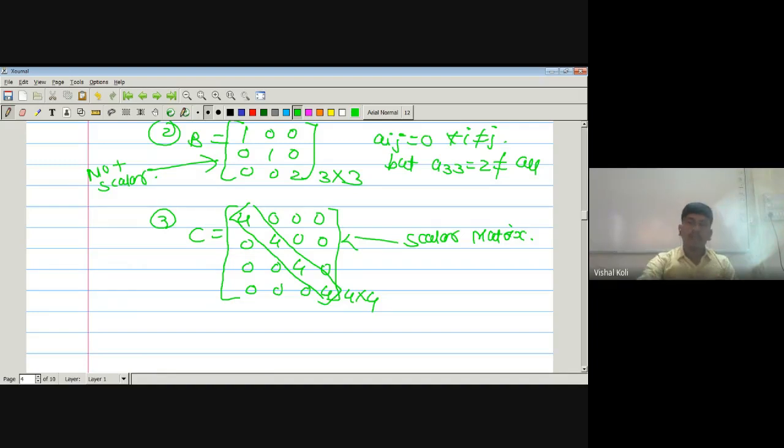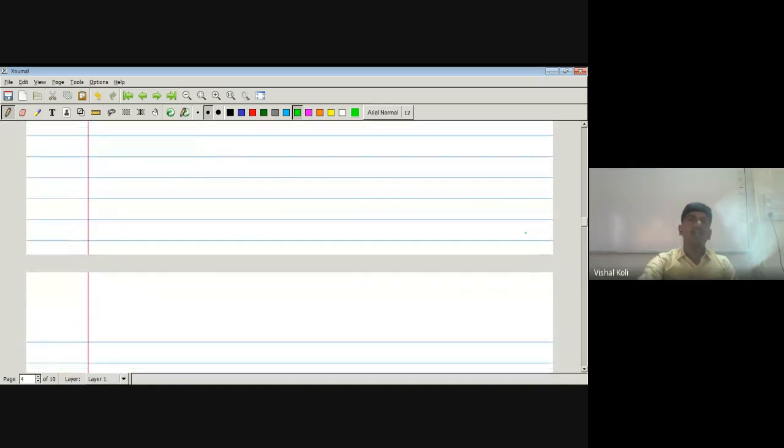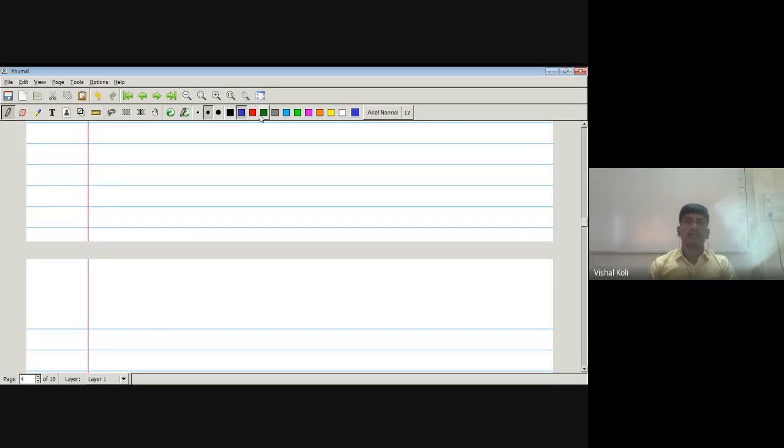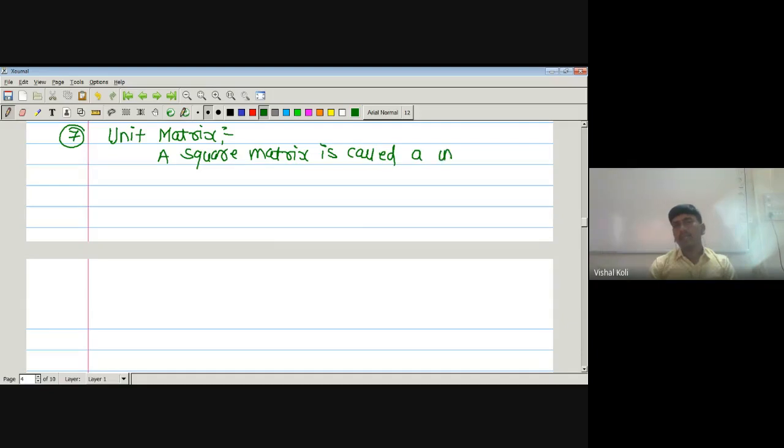Okay, now the next type will be a unit matrix. A square matrix is called a unit matrix